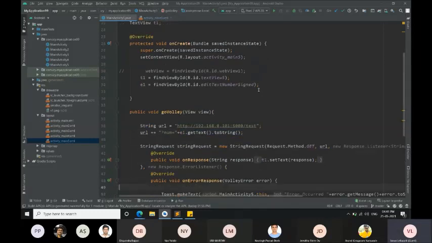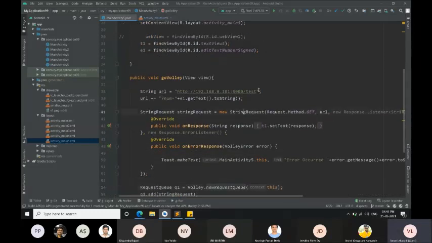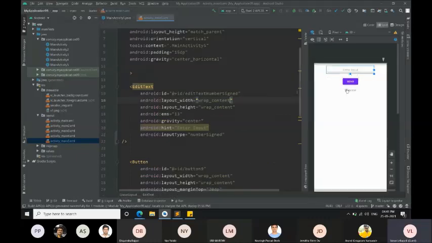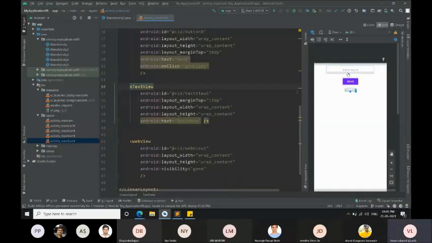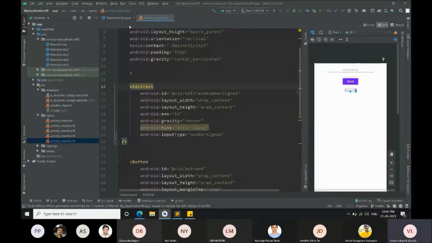With the code I have shown you in the slides, I'm creating a new string request. I'm sending a get request to this URL, which is nothing but the URL you just saw. And immediately after getting the response, I'm setting that response in this text view that is present over here. I'm sending this response to this text view.